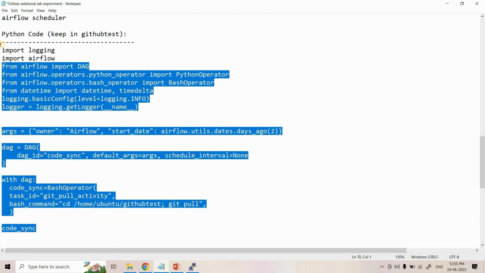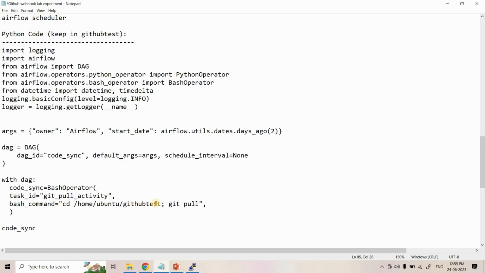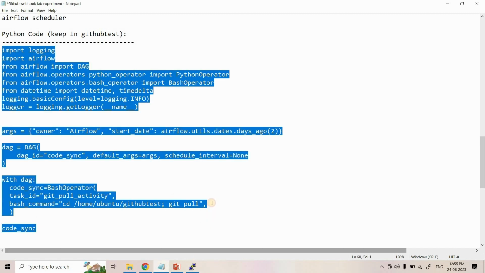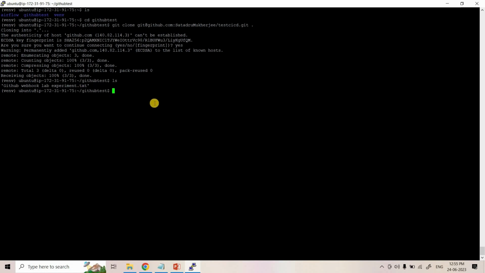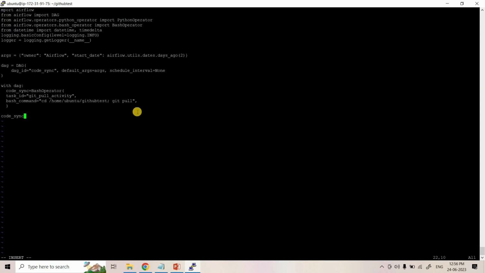So here what I will do in that particular directory, I will write a simple Airflow code. What it will do, it will go to this particular directory and it will execute a git pull command. So that way, whatever is available in GitHub, that will be coming here. Okay. So I will copy this particular code, and here currently I am in GitHub test. In this particular directory only all our DAG codes are sitting. So what I will do, I will execute a vi command, and then here